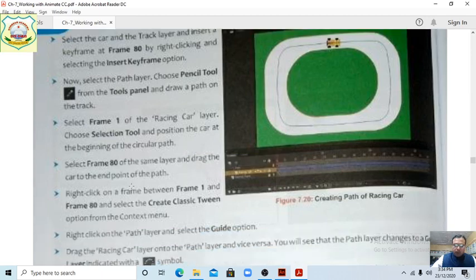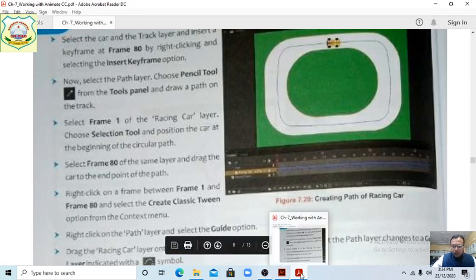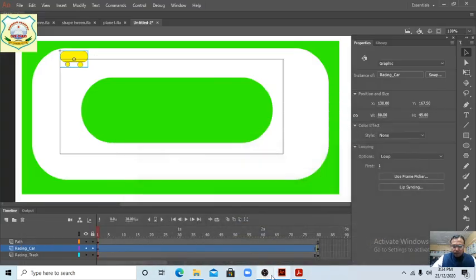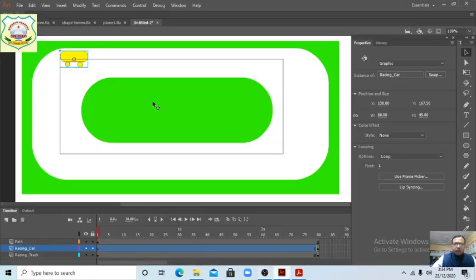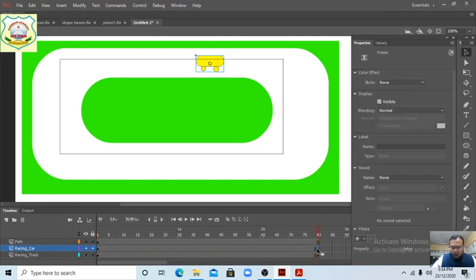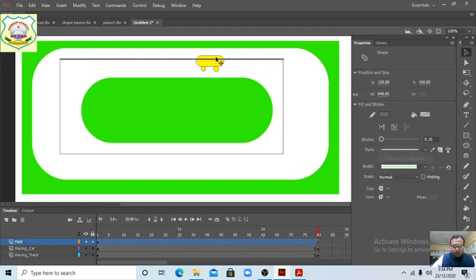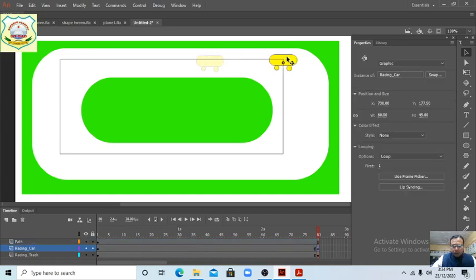So we have done this, students. Now select frame 80 of the same layer and drag the car to the end point of the path. Racing car, select frame 80. Suppose here we have done. Next one is given, students.